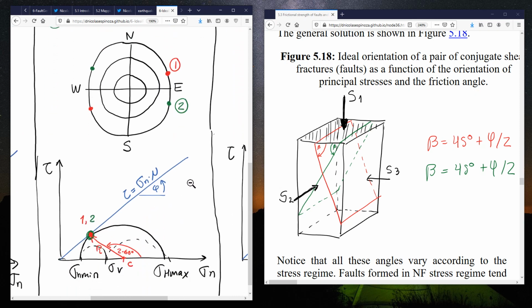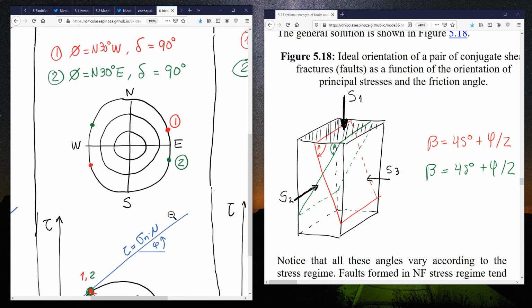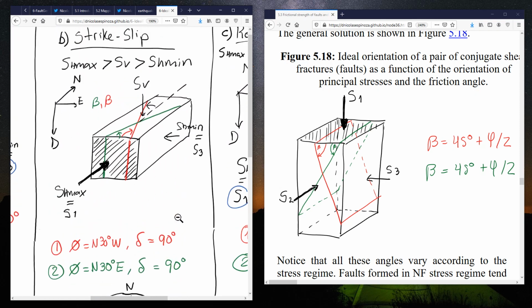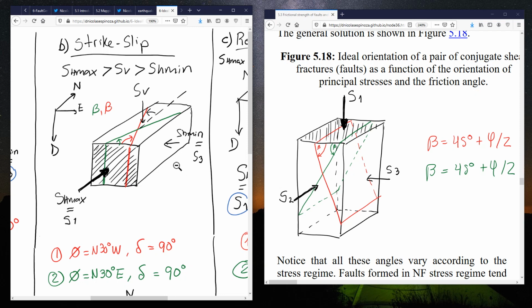And for the Mohr circle, something similar, but now notice the order of the stresses, sigma h max and sigma h min: failure happens here. We'll come back to the Mohr circles later on. Notice that this thing is exactly the same as that one, but now this one I have rotated, and